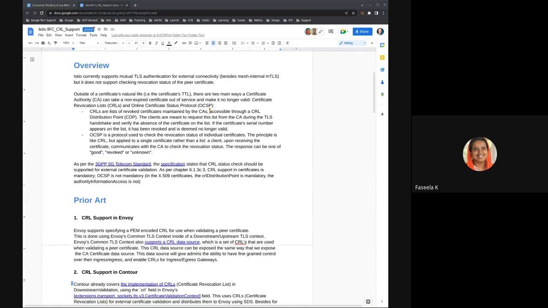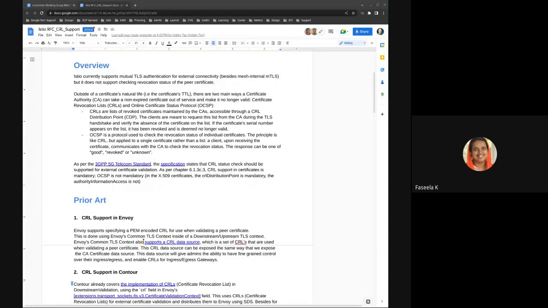So we already recently did this OCSP stapling. So I thought of putting this proposal because CRL is a requirement in many of our use cases, basically a mandatory requirement. If the CRL list is specified, we can do additional validation of the certificates. Maybe we can follow a similar approach as OCSP stapling was done, by having an additional item in the credential secret. And if it is present, the same can be propagated to Envoy for the additional validation, because Envoy